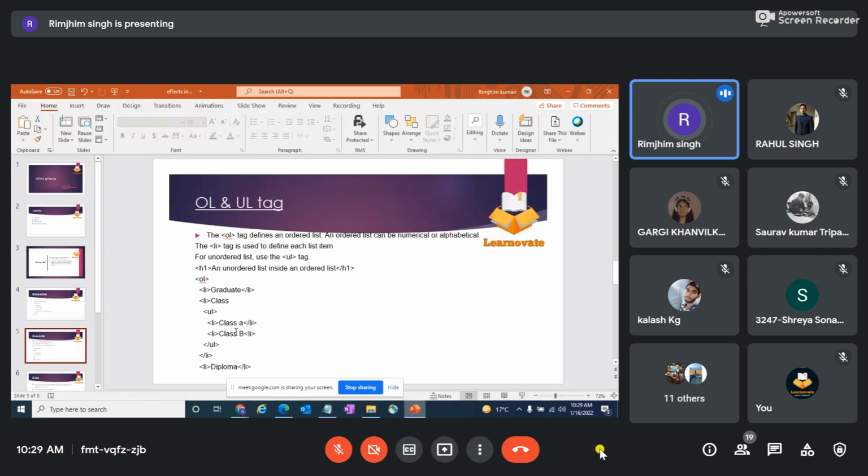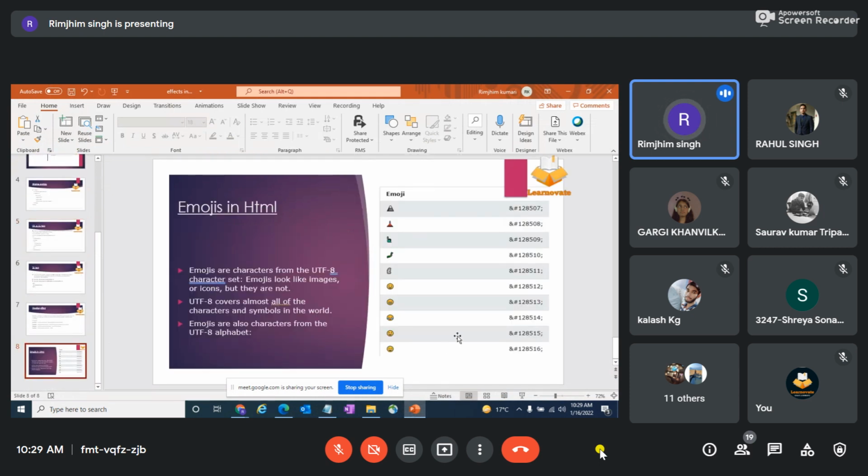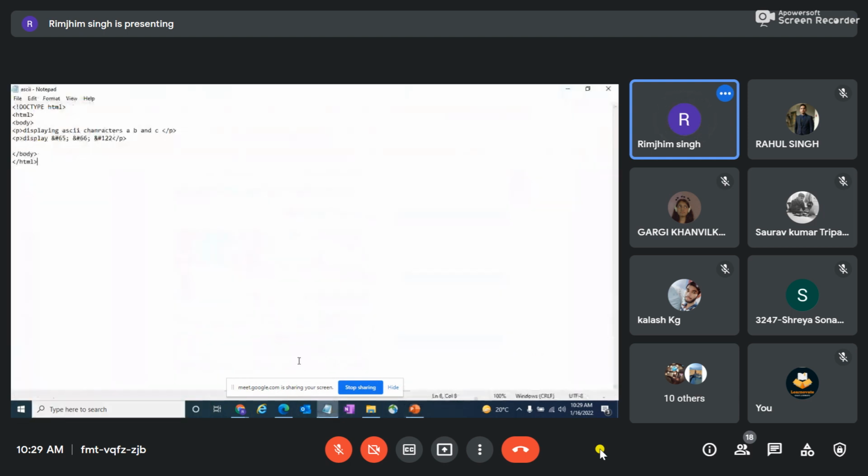So if you see in my presentation, there are a lot of unique codes already. As I told you, for ASCII uppercase and lowercase, there were the sets 65 to 90 and then 97 to 122 which were assigned. If I want to use emojis also, there are fixed code numbers already assigned in HTML. So these are some of my codes which are already assigned, and let's just use this one, 128515, and then see what my output is.